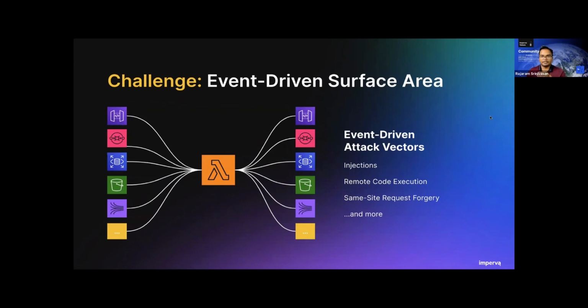The second is the event-driven surface area. Again, increasing surface area gives rise to new attack vectors, specifically server-side request forgery, or SSRF as we call it. So let's say, for example, there's a website which is public facing. It is retrieving a file and putting it in an S3 bucket, with a Lambda function processing this. And remember, we said one of the advantages of Lambda is that it doesn't need to know the entire context. It's just doing its little thing. So this function does not have context that this is a file that actually came from a public-facing website. We could build it through additional metadata or tagging or something of that sort. But just based on how things are, let's just say this is a file that is now an internal resource